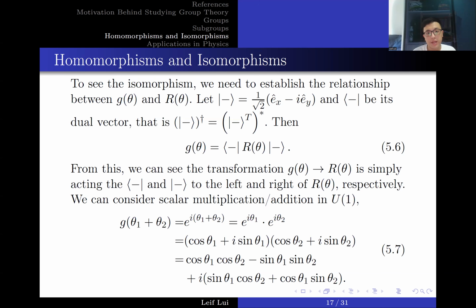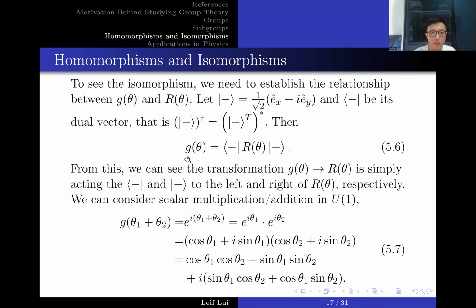And this is called a bra. So if we take the ket, it is essentially the dual vector of the bra. And I have not described what vector spaces and dual spaces are, but I will do that in the next lecture when I talk about linear algebra. This is why I was debating whether I should do linear algebra first or group theory first, and this is one reason why. But we can think of the dual space as simply the transpose of the vector and then take the complex conjugate.